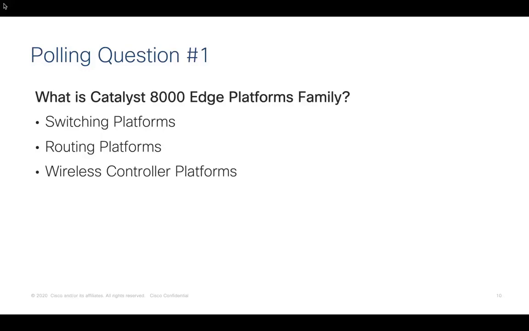Are they switching platforms? Are they routing platforms? Or are they from the wireless controller platform family? Please submit your answers. I'm curious to know what our audience thinks about Catalyst 8000 Edge platforms. 5 more seconds.